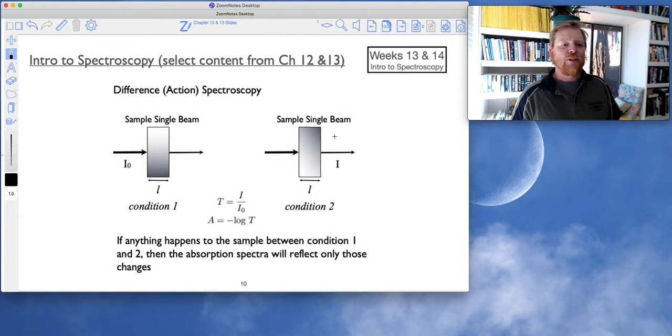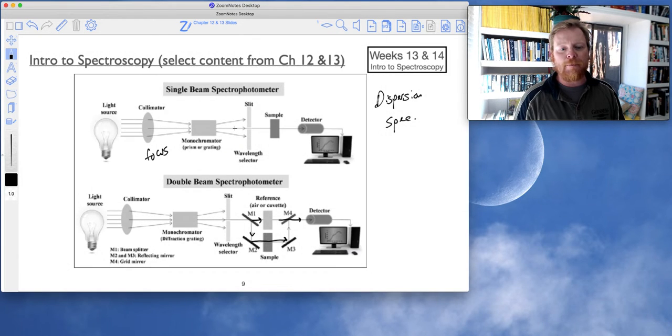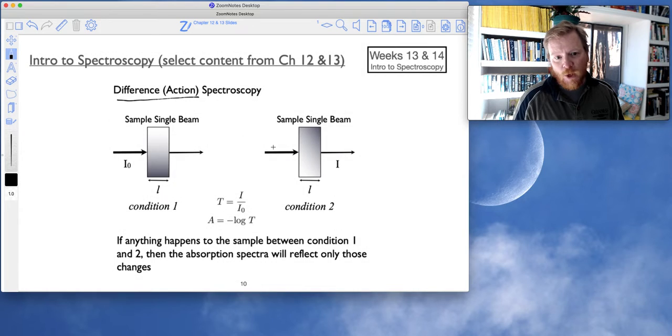So moving on. I want to talk about a really cool modern technique in spectroscopy, which you likely haven't talked about in any of your classes. This takes advantage of doing single beam spectroscopy. We call this difference, or sometimes action, spectroscopy. And the idea here is this is still very much a single beam instrument,